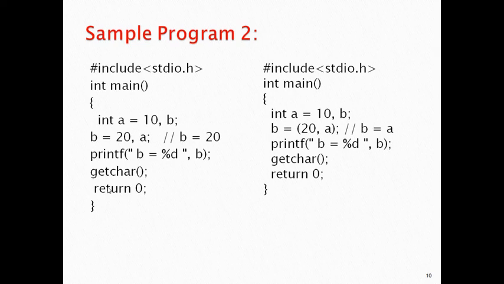What is the difference between these two instructions? What will happen when we execute these two programs? If you use the comma operator with parentheses, there is some meaning. Without parentheses, if you use the comma operator for the same statement, the meaning is different. Now we will execute this program and see what will happen.